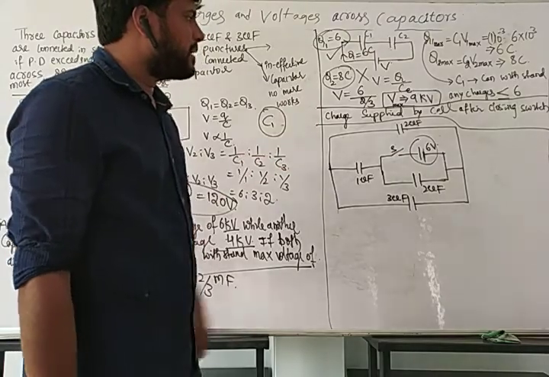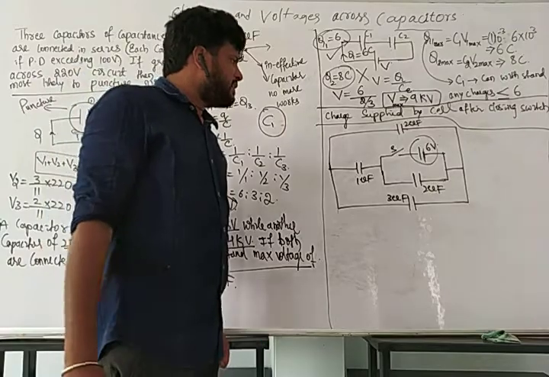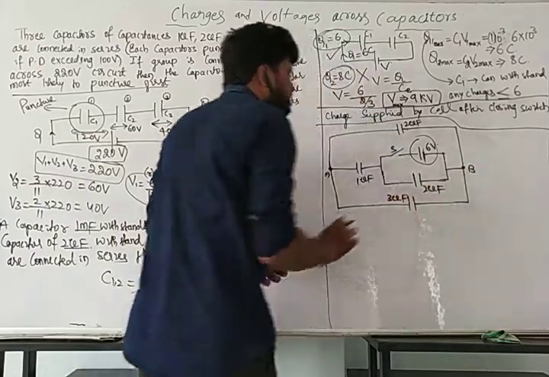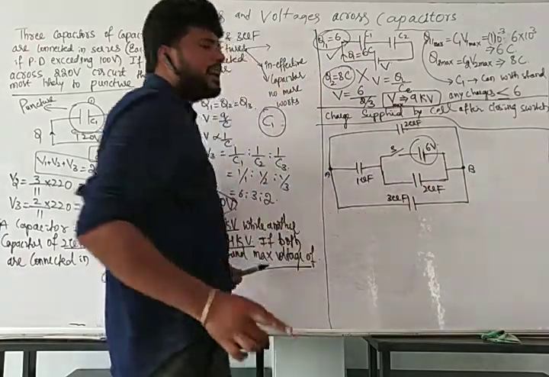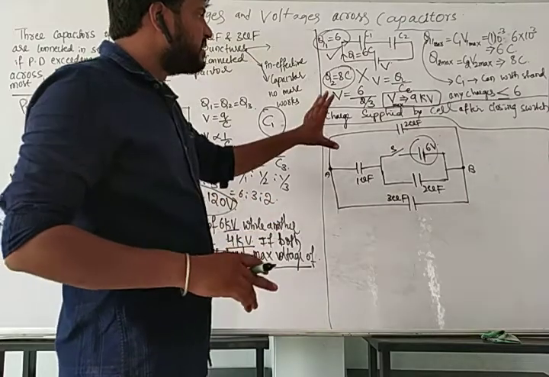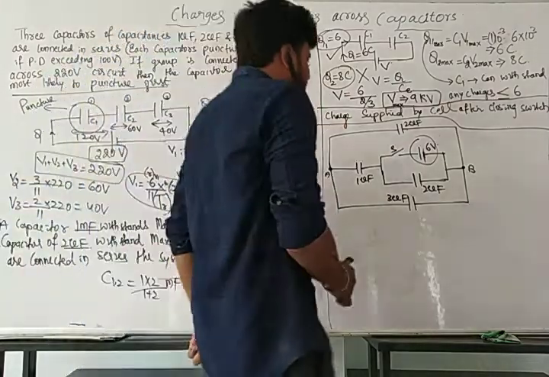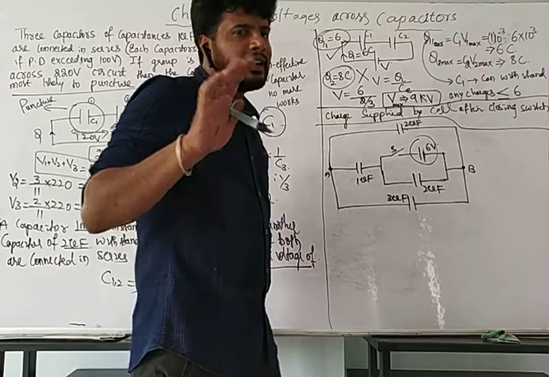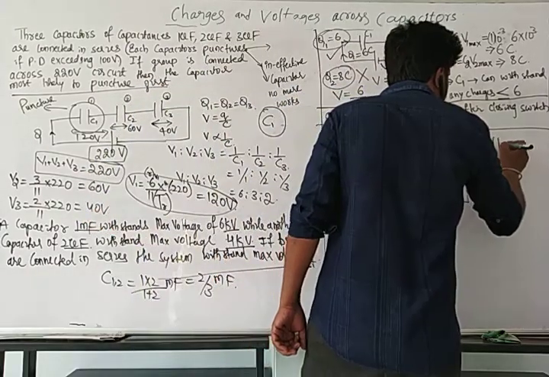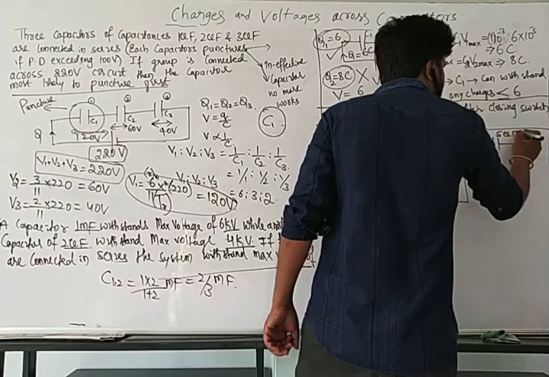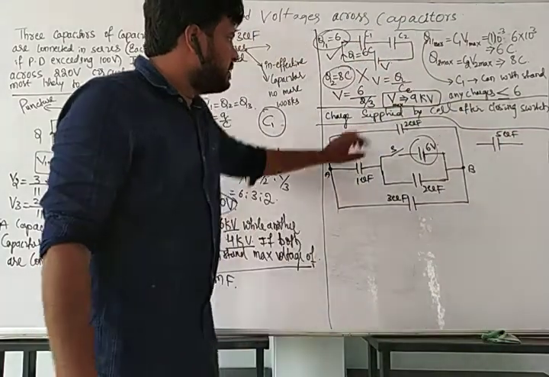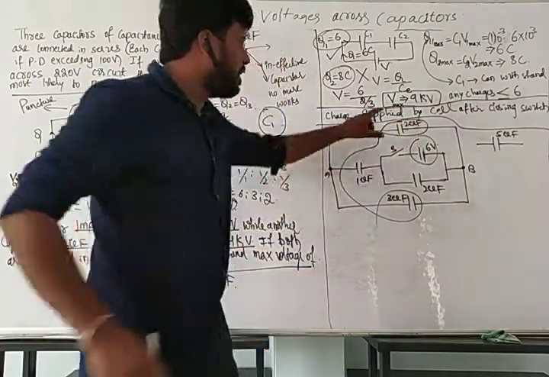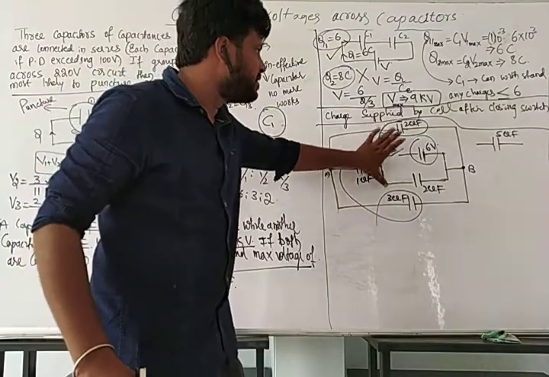You can see it has 4 capacitors. Let us try to make it simple. The potential difference across, let's consider A and B, the potential difference across 2 microfarad and 3 microfarad is the same. It means it is the condition to be in parallel. I can replace 2 and 3 with a single capacitance of 5 microfarad. Remember, these two are in parallel. Due to this, I can replace these two with 5 microfarad.